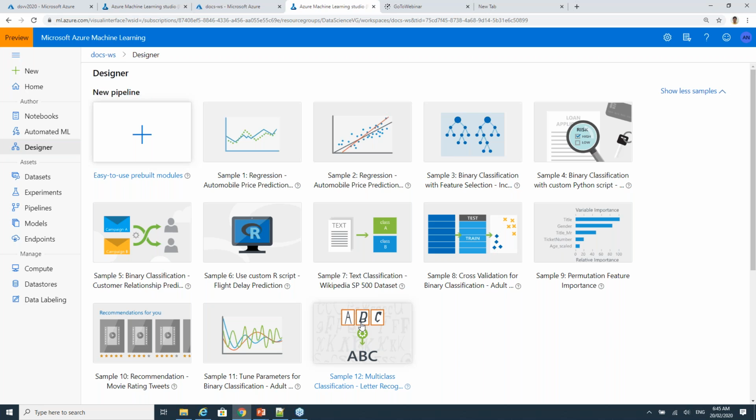On creating models, I would recommend starting with your designer, and then you move on to the next step: now I understand this, so I will start jumping onto automated machine learning for creating my models for the data. And then last, which is the expert step, is what normal data scientists would like to work on, typically on your notebooks.